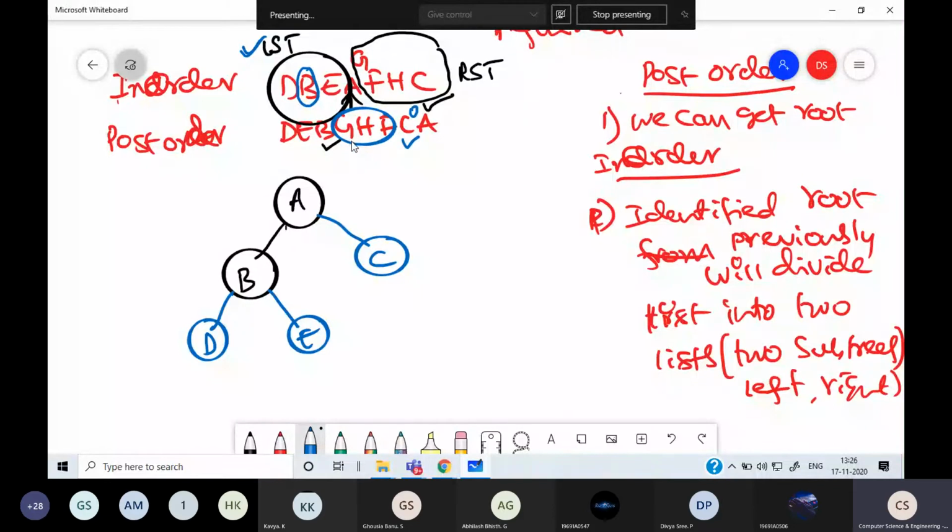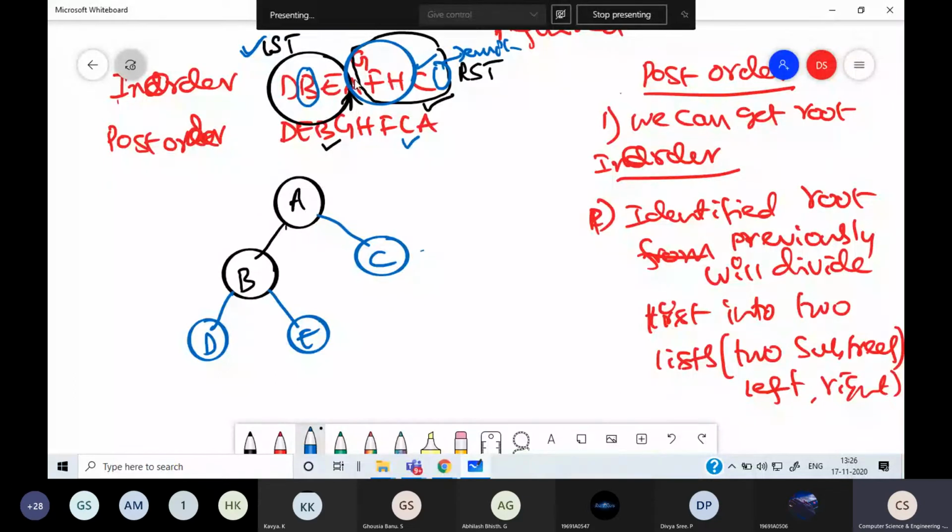There is only a left subtree present. We have to check the subtrees from in-order. So C is the identified root, and it has divided the list into two: a left subtree, and no right subtree, it is empty.